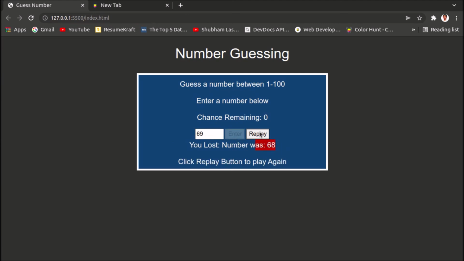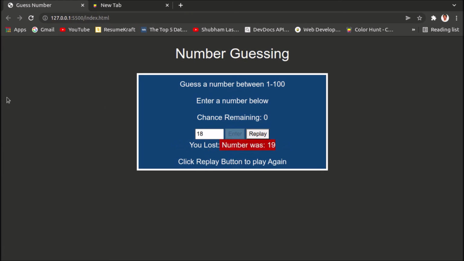Let me play once more because I like playing this game. 50, okay, 70, 30, 15, 18. Again I have lost by one chance.